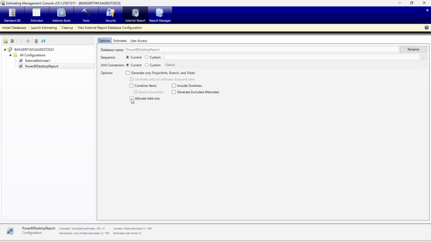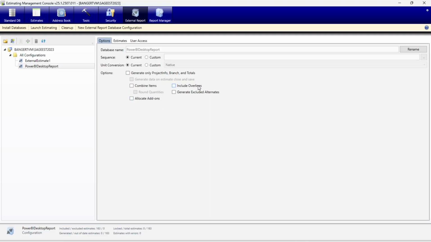Do you want to allocate add-ons? Like what I was saying about sales tax. If I had sales tax set to be allocatable in an estimate and I had this checked, it would store that material amount at $110 and also increase my price per cubic yard of concrete to have waste included on it when I see it in reports. In this case, I don't want the sales tax or anything allocated to skew my numbers at the moment. I just want straight material price.